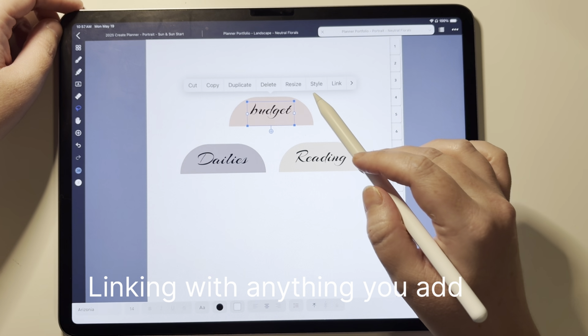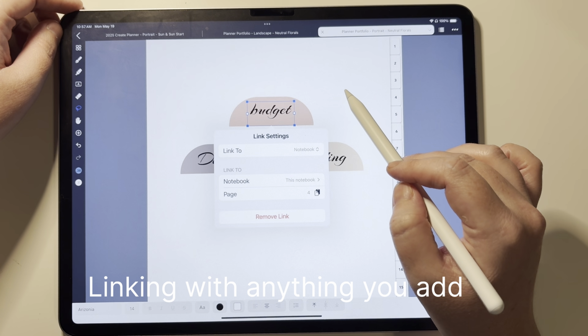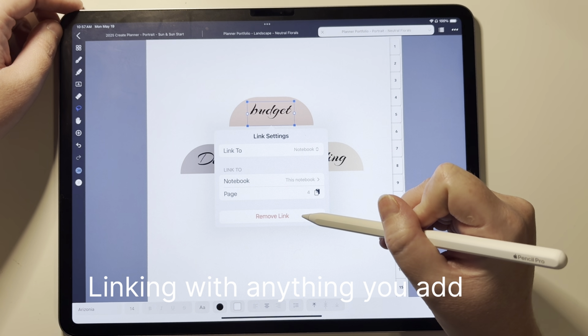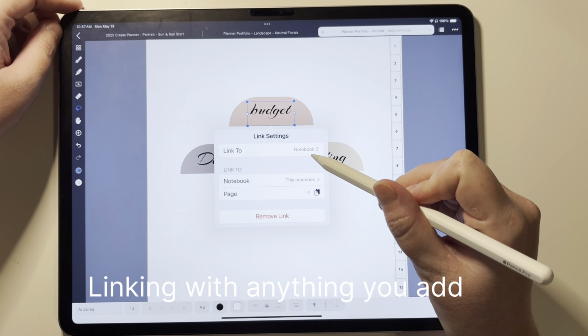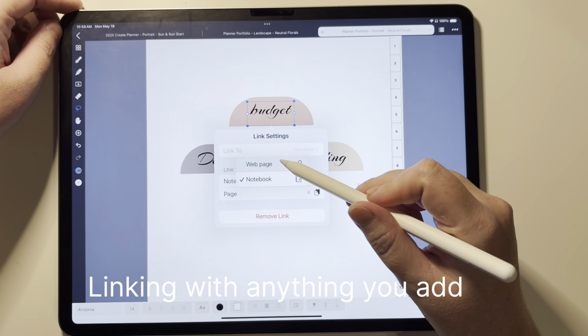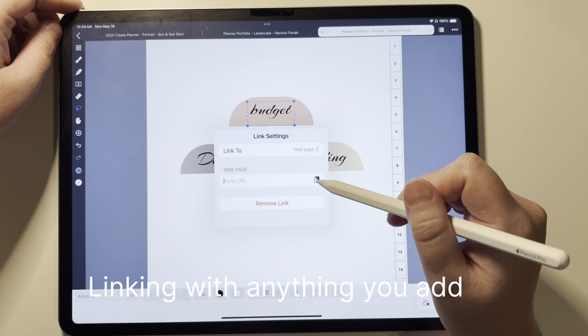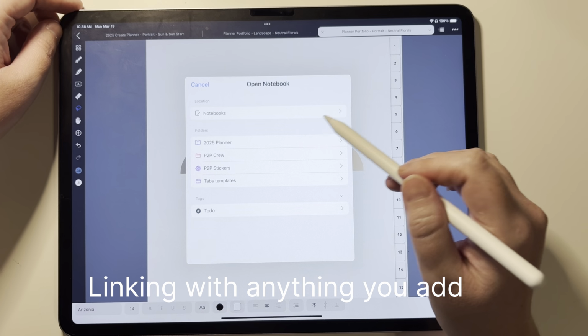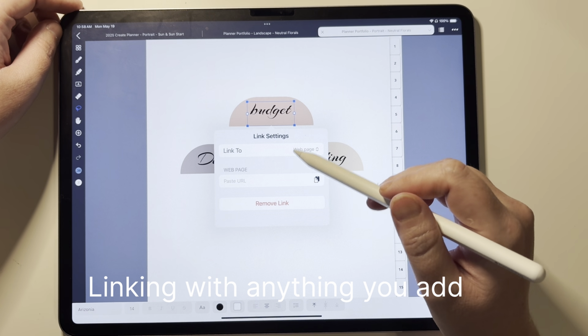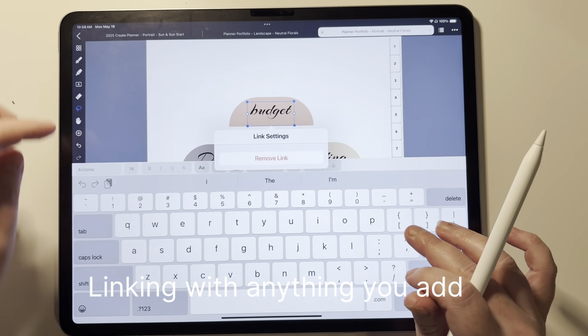Also, if you want to unlink, you do the same thing. Click link, and you can either remove it, you can change the link, you can add it to different spots. So what I'm going to do is I'm going to click web page, and then you can click any web page you want right here. So let's do